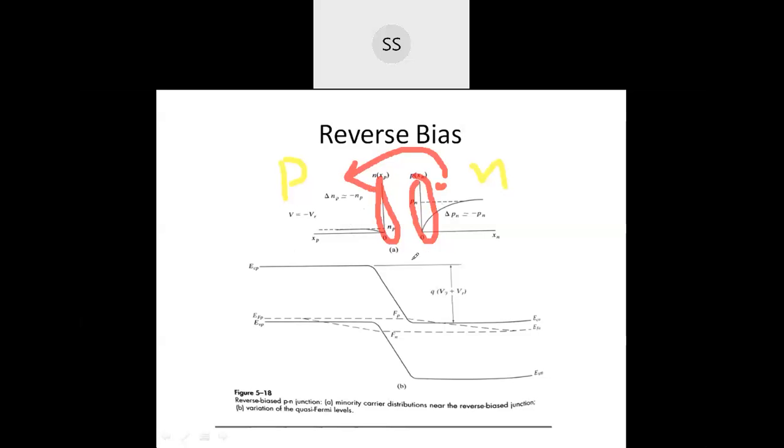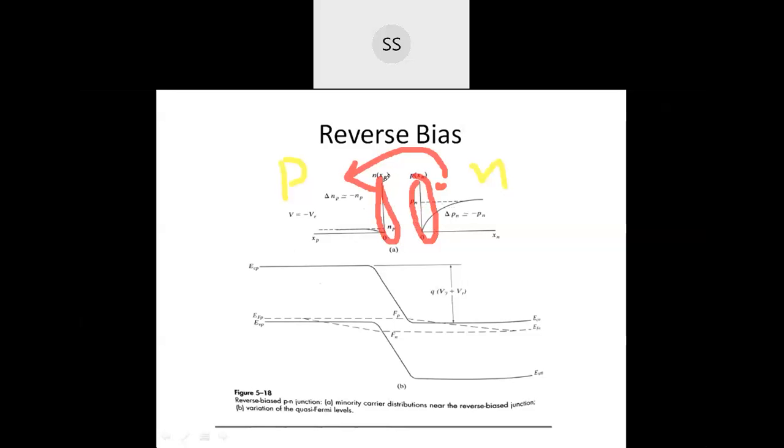The rate at which the carriers drift across this junction is also called the reverse saturation current, and the amount of that reverse saturation current depends on the rate at which holes are